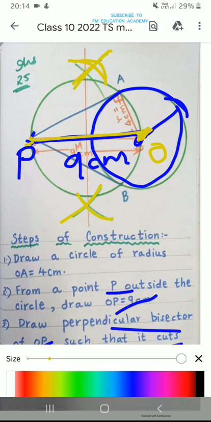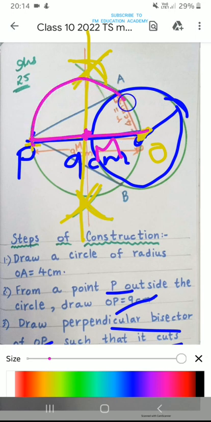Again from P draw an arc. Here below also from P draw an arc, from O draw an arc. Where the 2 points meet, join them. After joining them, what you have to do is keep the compass on this point. Let us name this point as M, and taking the radius as MP or MO from the